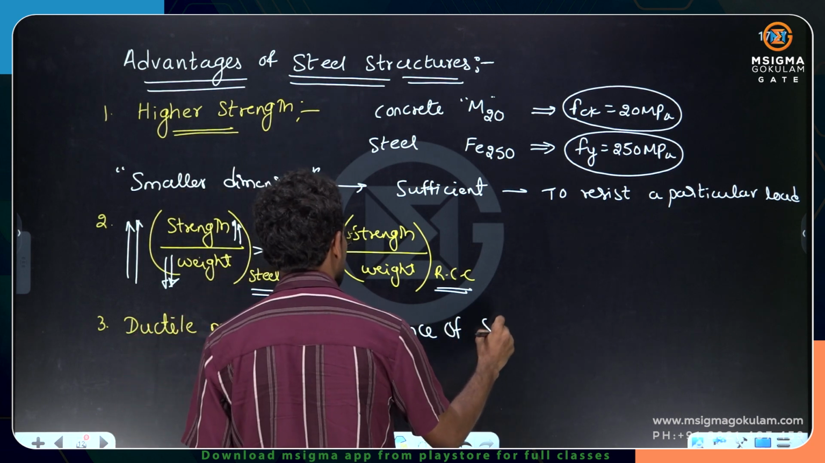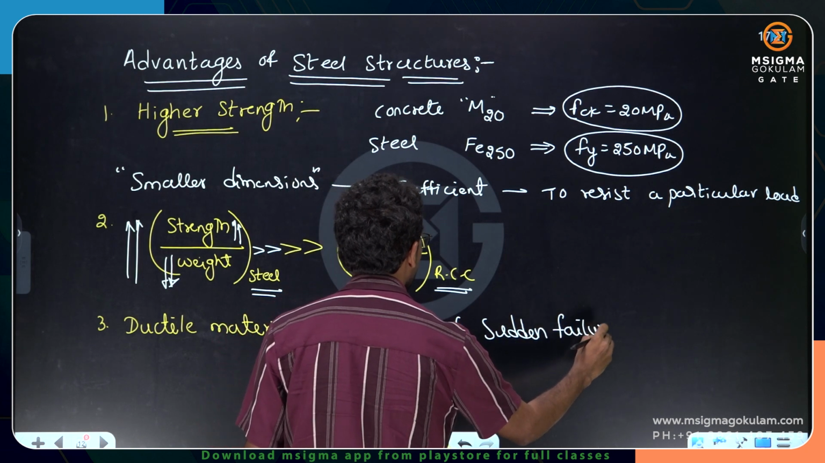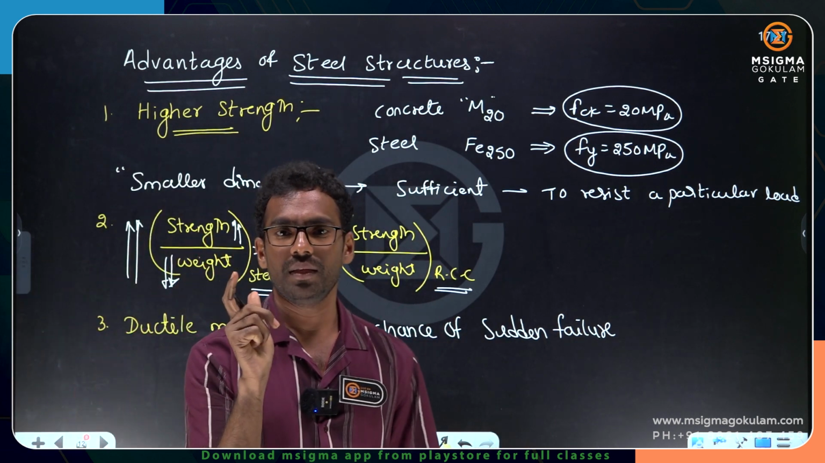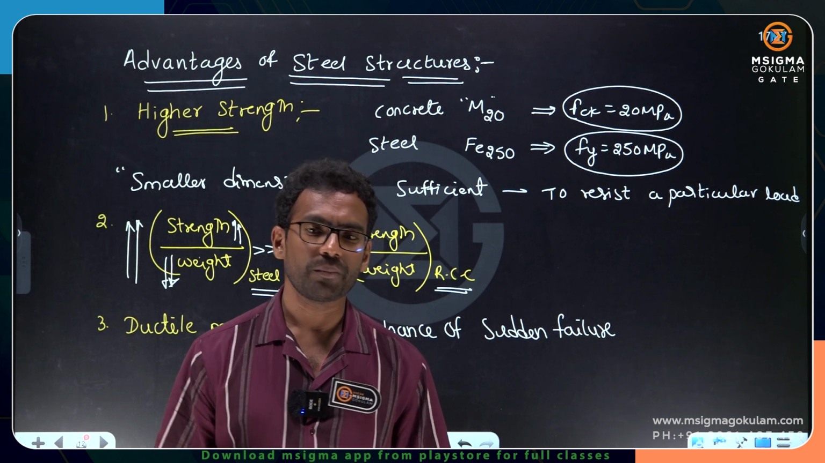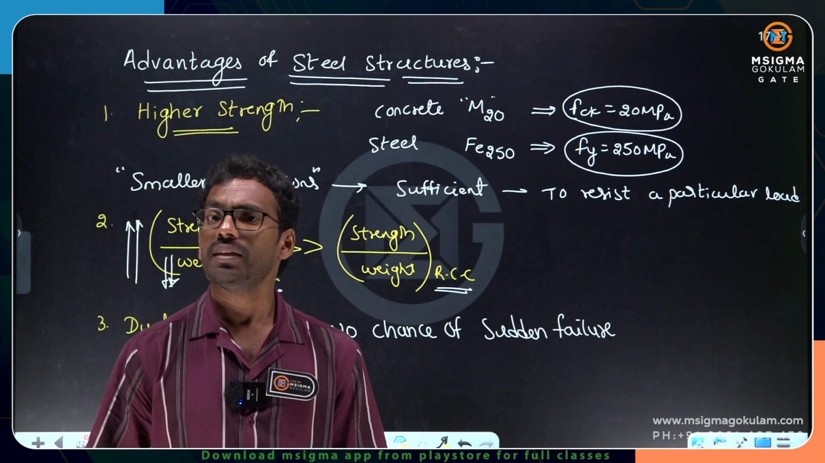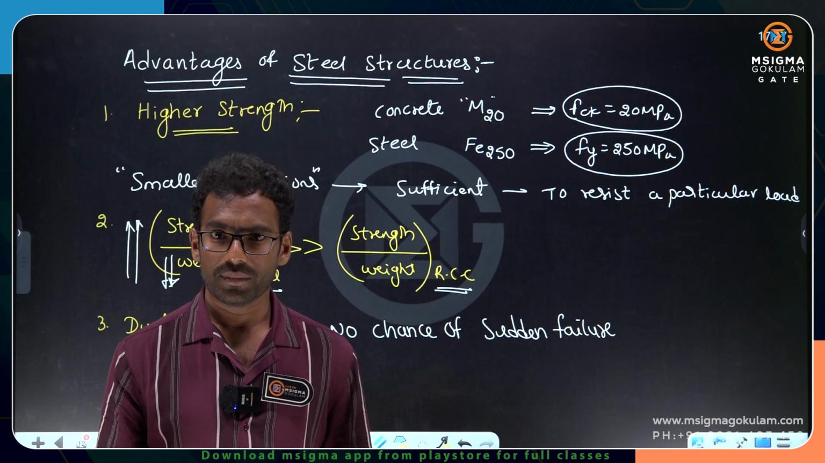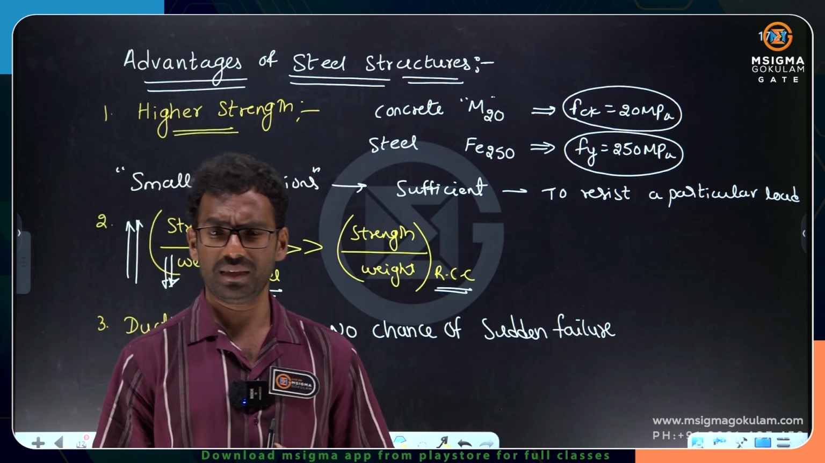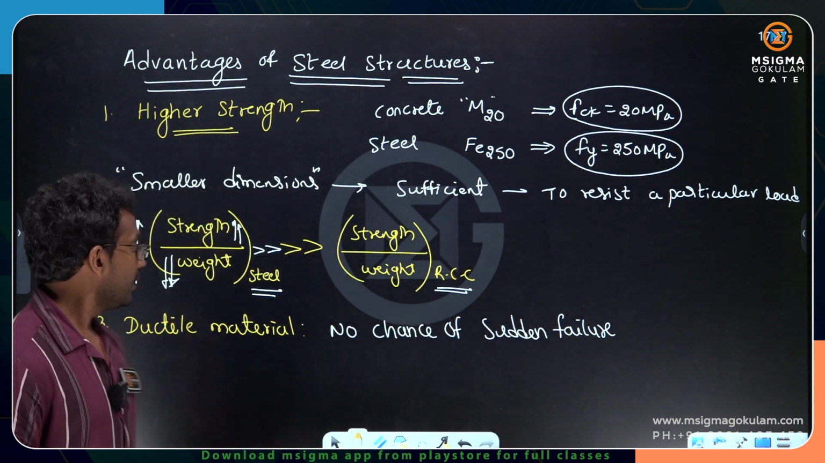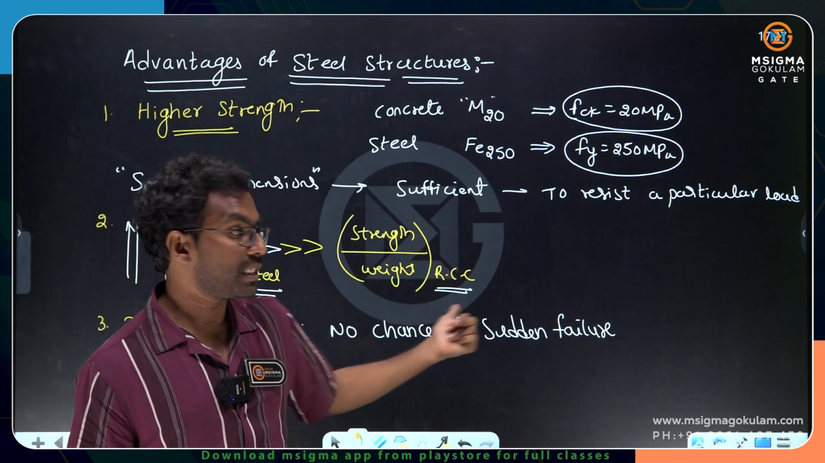No chance of sudden failure. That means you can never expect sudden failure in case of steel structures. But in case of reinforced cement concrete, concrete is a brittle material, fine, we know that. If you go for over reinforced sections in RCC, the section becomes brittle, it is going to crack and it is going to fail. That is the problem with RCC structures, which is not the case in steel structures. No chance of any kind of sudden failure in case of steel structure because steel is a